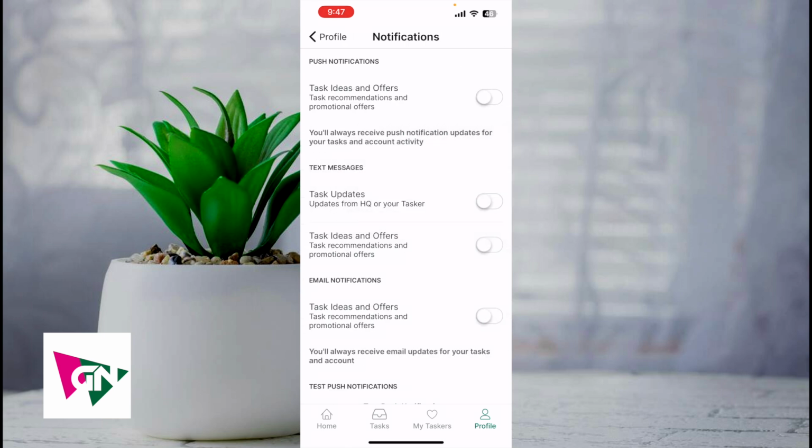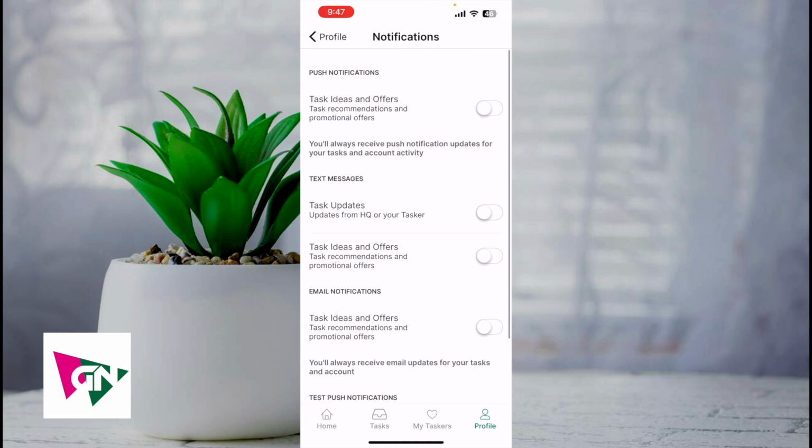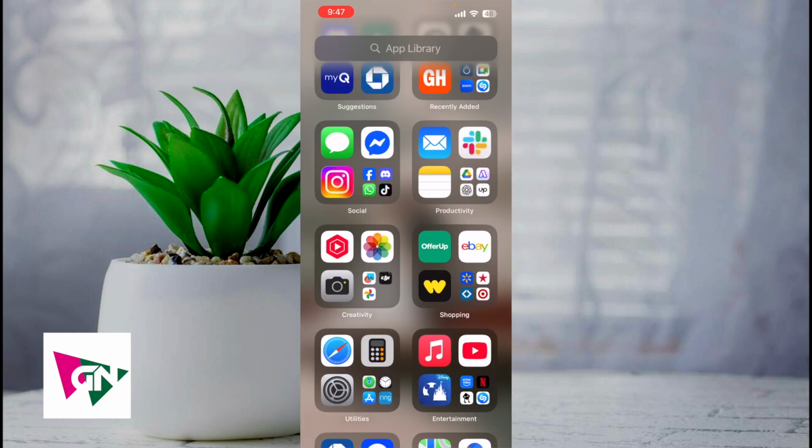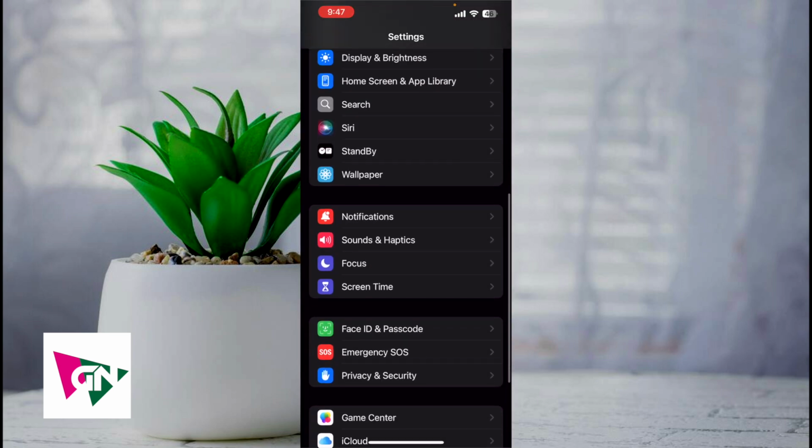So if you toggle it off, this is what the off notifications are going to look like. But if you want to go ahead and turn on notifications, all you've got to do is toggle it back on. Now, in addition to that, you could actually go into the settings of your iPhone, scroll down, click on